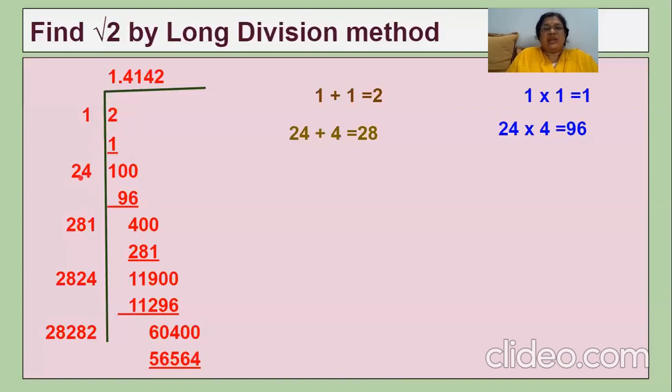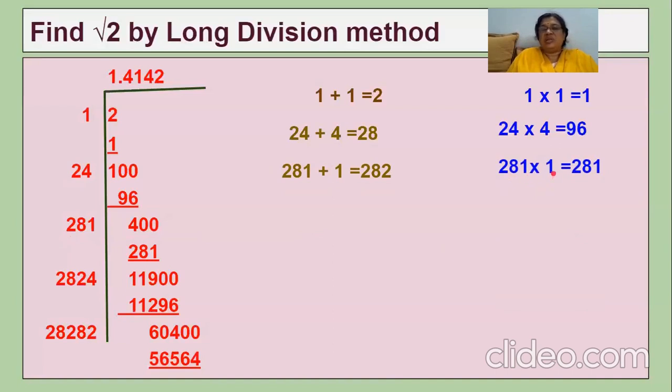You should not add this 24 and 14. You should add only the last number that you have just kept now, that is 4. 24 plus 4, you'll get 28, like this. And this time again, see, 28. When you put 1 beside that 28, you have to multiply with 1 only.